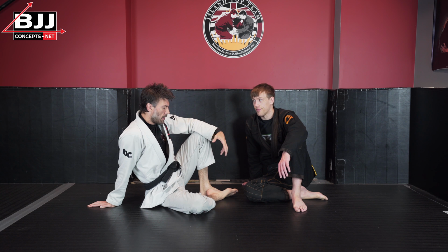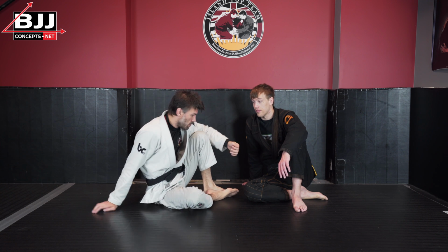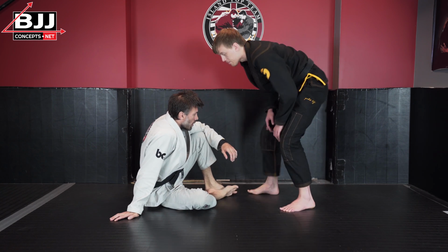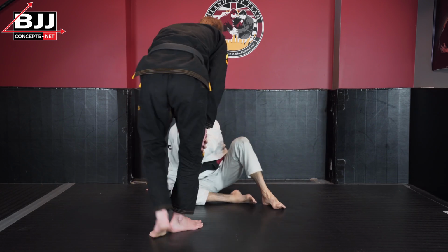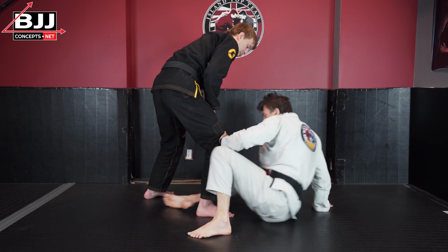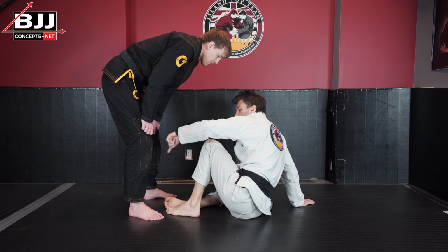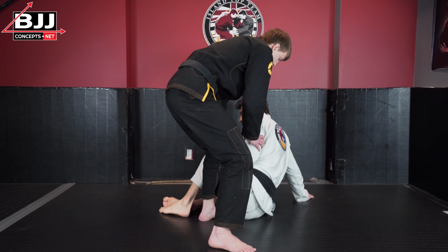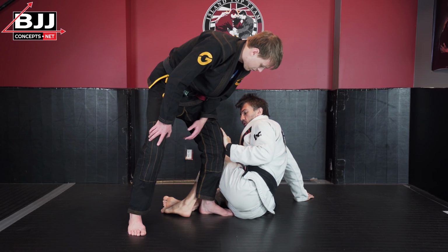The way that I would play the hip escape and the Granby as my A-B options would be if Rory were standing, and as we discussed, if Rory's just circling to one side, I can just check him, I can just frame and circle around. If he steps in, I can scoot back or scoot to an angle. But if Rory were to quickly step to this side, and I wasn't able to get to a point where I can reliably frame him out early enough,